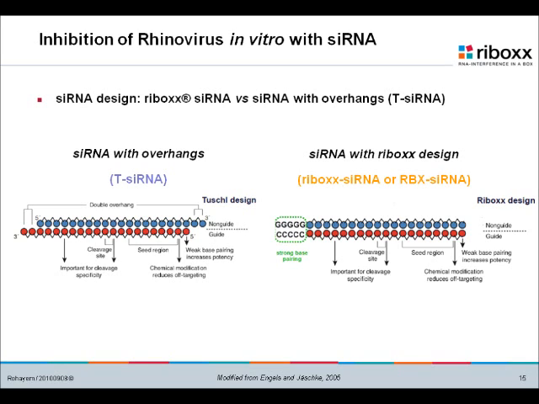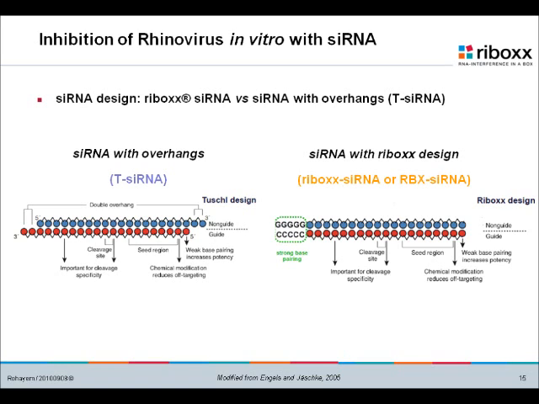Now, the reason why you have those 2 overhangs is quite easy. The reason is that, according to the rules of Elbashir and Tuschl, you need a thermodynamic instability in the small interfering RNA. You need here to have a looser binding of the double strand in comparison to this part of the small interfering RNA in order to allow opening of this double-stranded complex.